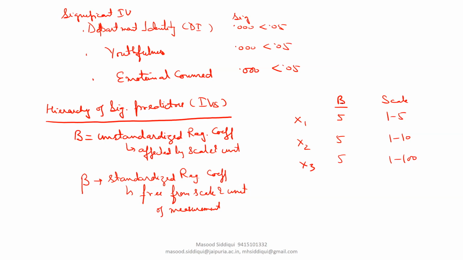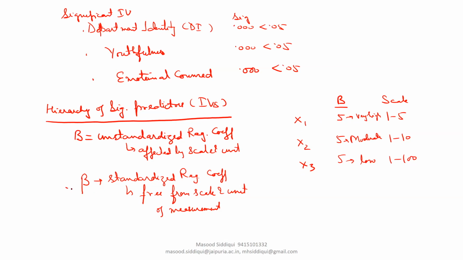So if we observe only the value of B and try to create a hierarchy as per the unstandardized coefficient only, then we will get the impression that all three are equal. But it is not the case. Since the first is on a scale of 1 to 5, it can actually be very high, among the top. The second lies in between, so it has a moderate impact if we consider the scale also. And the third is on the lower side. So now we can say that x1 is highly important, x2 is moderate, and x3 is not.